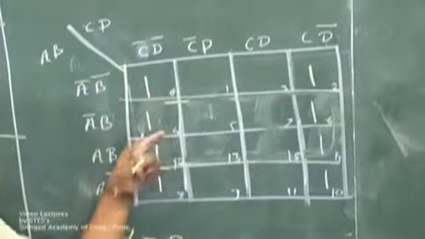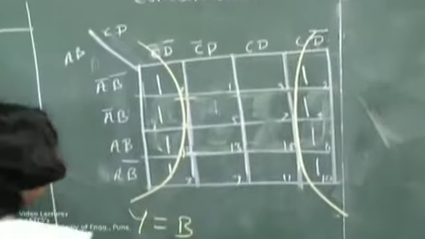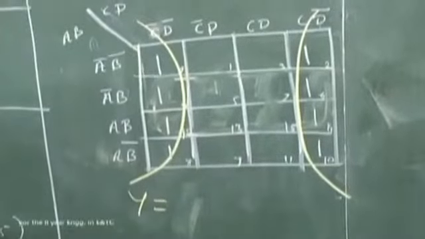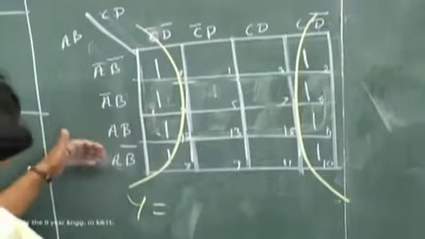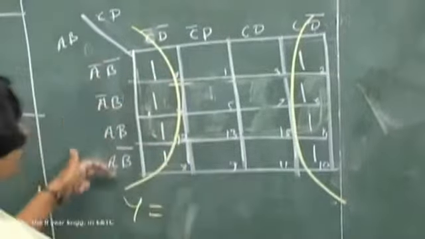But again if I use the folding property, I can make an octet here. So using the folding property, I can couple these 8 ones together, and make a more reduced form. So here if we see, what is the answer for this one? Again vertically there is nothing common, and if I see horizontally, I am getting the answer as D bar, and so this is my answer for the given equation.